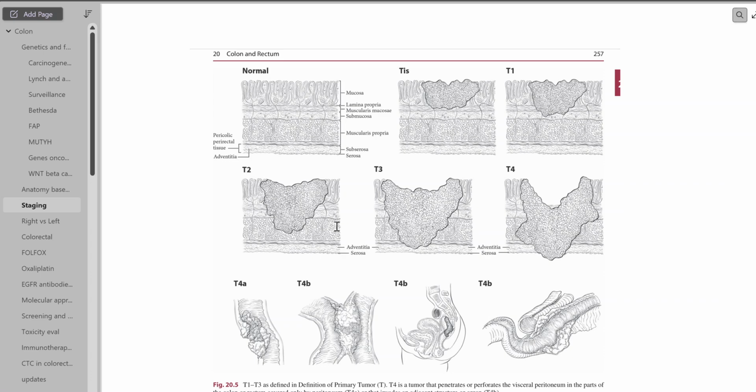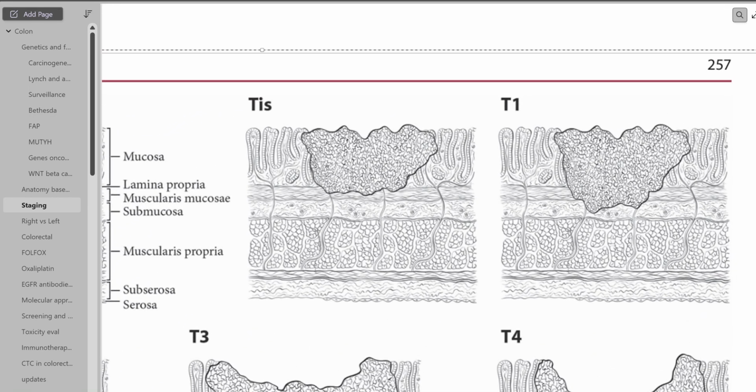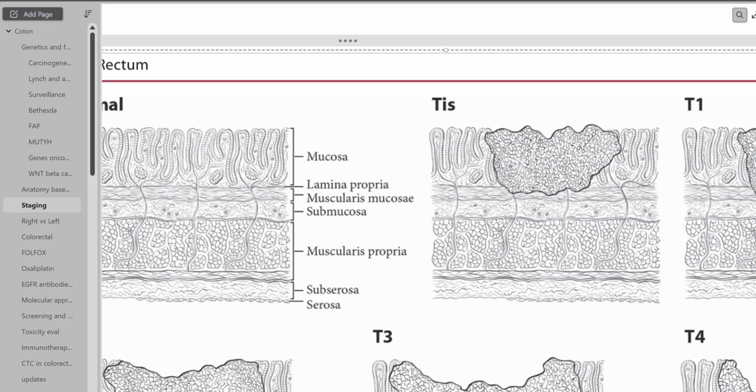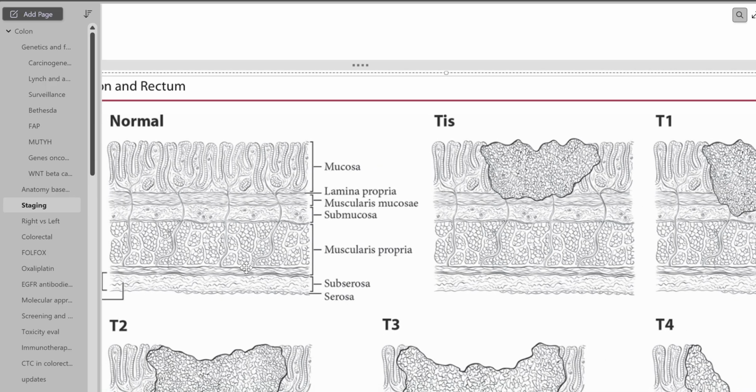So management is a little controversial. You have some 5 to 6 critical parts in each stage, which we have to cover. But if you can see here, this is the cancer, and this is the mucosa, and it's just penetrating through the lamina propria over here. The end of the mucosa is the lamina propria. Under that, you have the muscularis mucosa, and then you have the submucosal connective tissue,